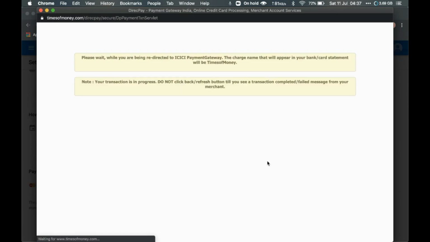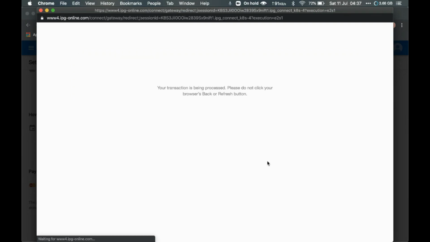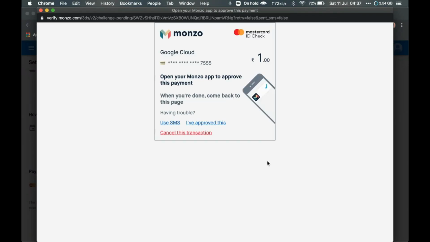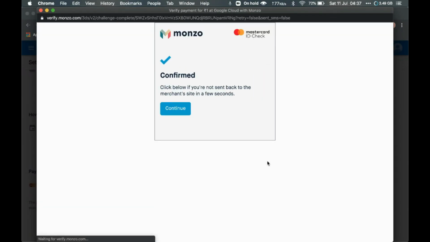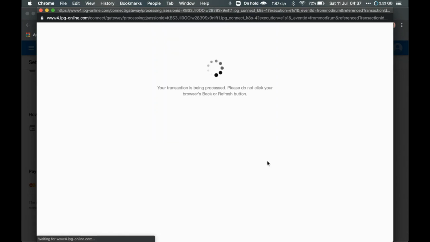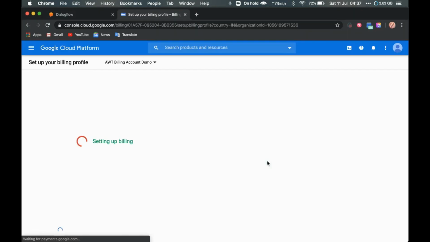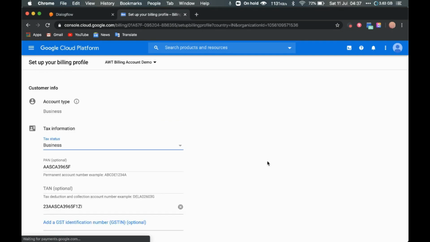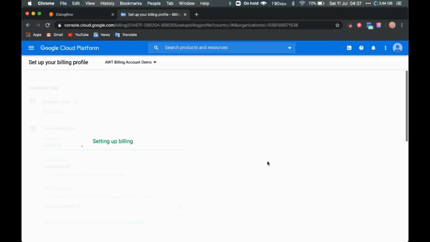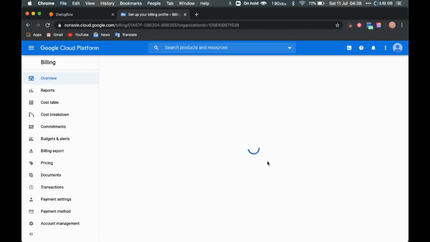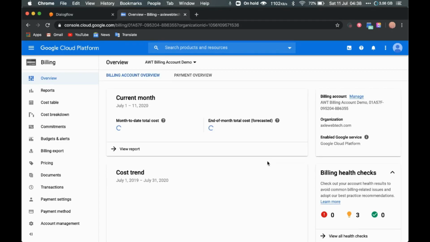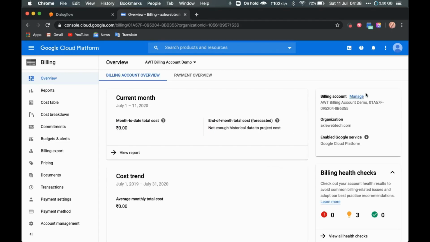Finally, it will verify your payment method. And that's it. You see your billing account has been created.